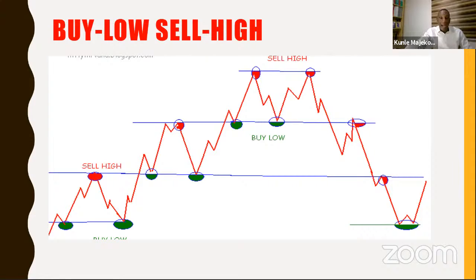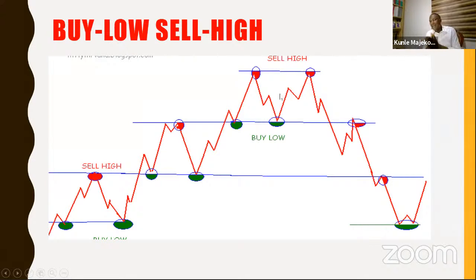Okay, it has gone high. You know, market must come down. It's like that thing they will tell you, whatever goes up must come down. Relatively, it works that way in trading. The market doesn't go up in a straight line. It goes up, comes down, goes up, comes down, goes up, comes down.